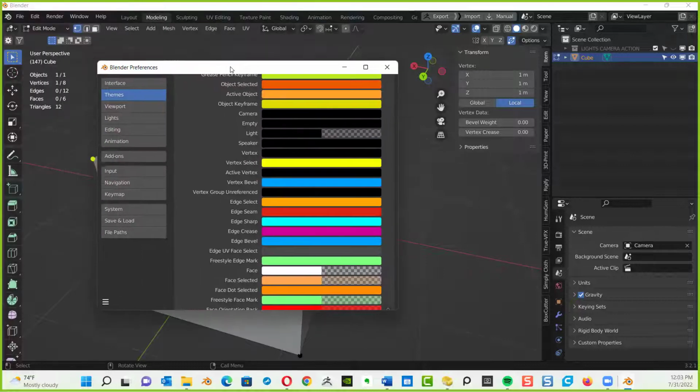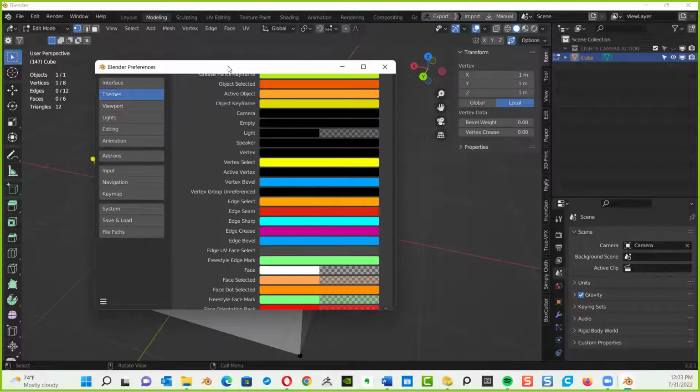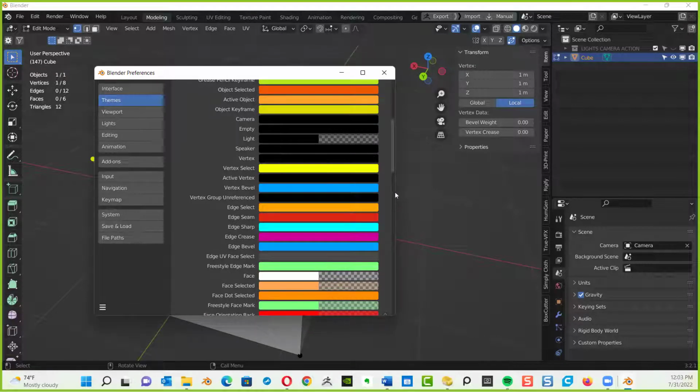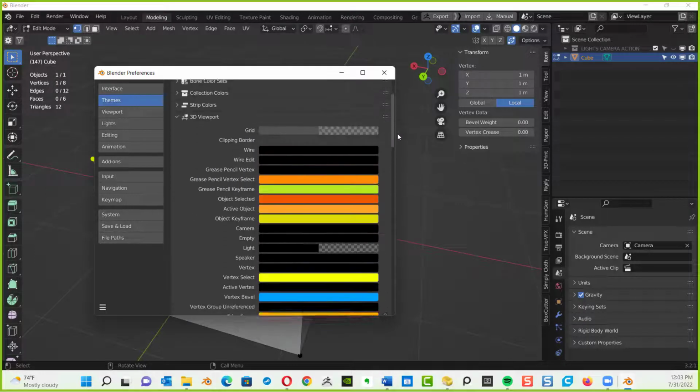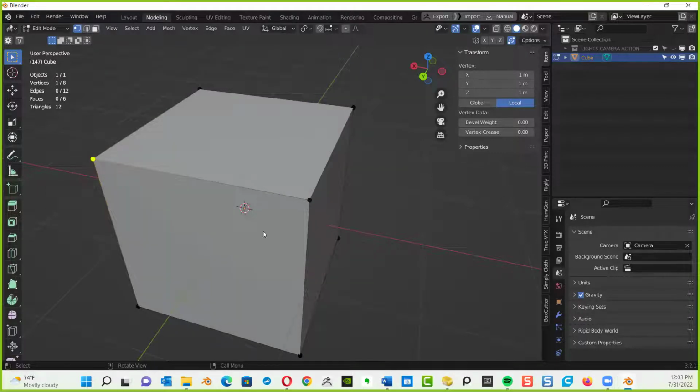Okay, and the thing is, I can take forever and get you guys lost in this, and we're just going to lose time. I understand. This is something you're going to have to explore on your own, look in here and see what you've got. Do some changes and see how Blender changes. Looks like active vertex gives you an option to change. Make one change at a time. Yeah, I agree. Make one change at a time to discover.